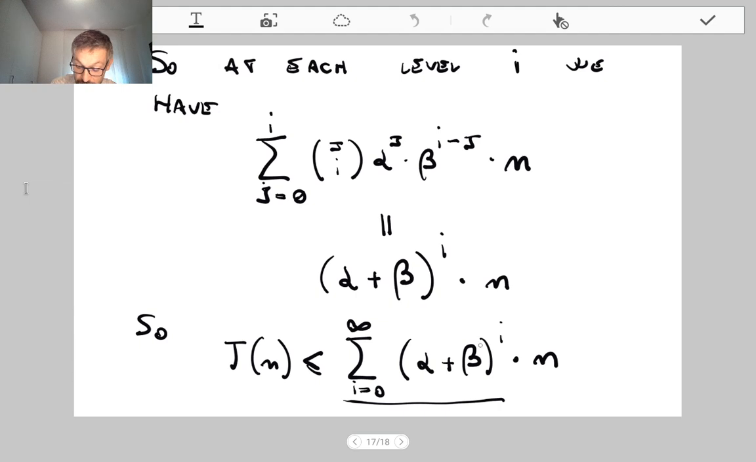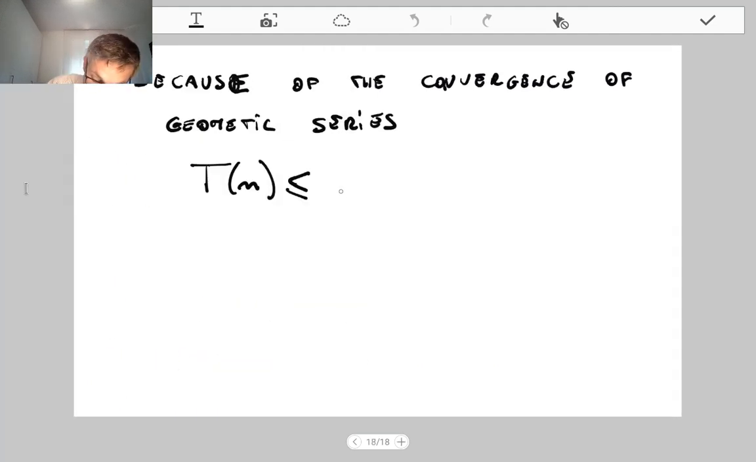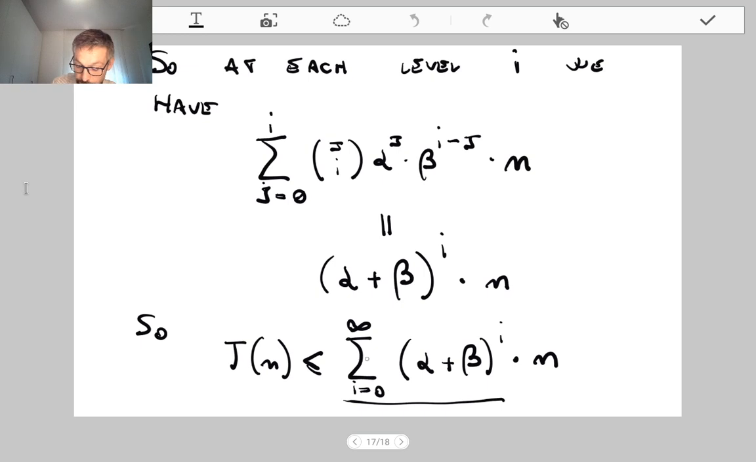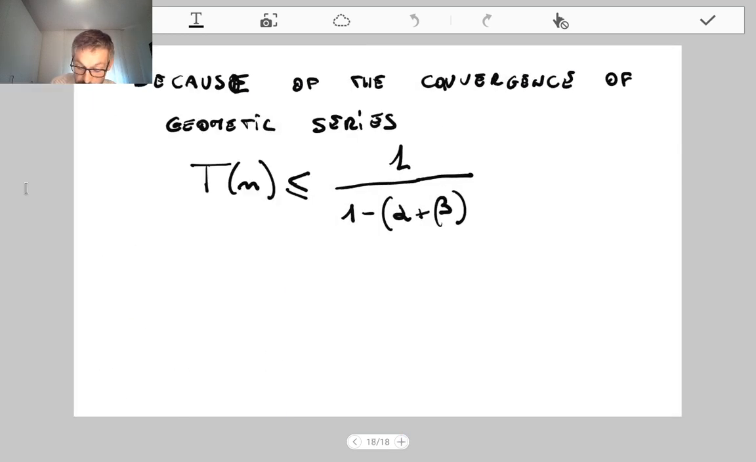Well, this geometric series converges to 1 divided by 1 minus alpha plus beta. This is the convergence of this series, and this is multiplied by n. Well, the convergence of this series, of course, occurs exclusively when this is smaller than